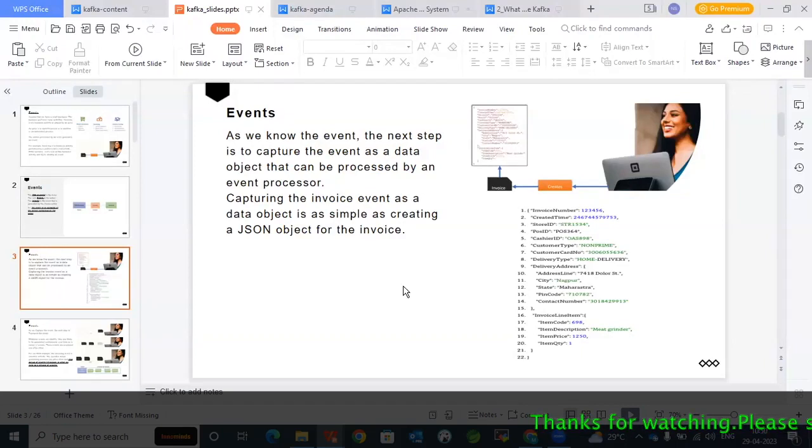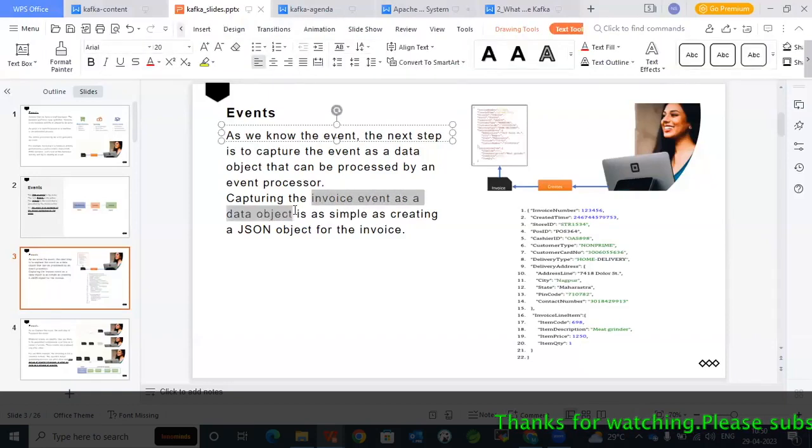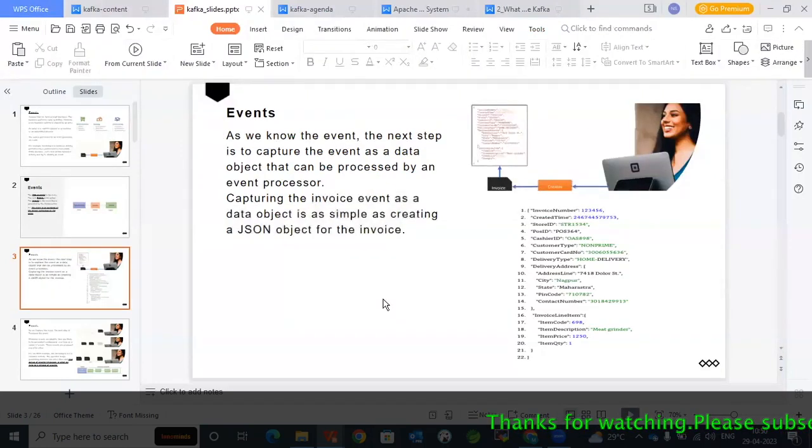Event contains the data, nothing but the product or the items that have been purchased. So what can we understand now? We can understand that event is the data object. Capturing the invoice event as a data object is simple, creating a JSON object for the invoice, from the printed copy we got from the DMart POS